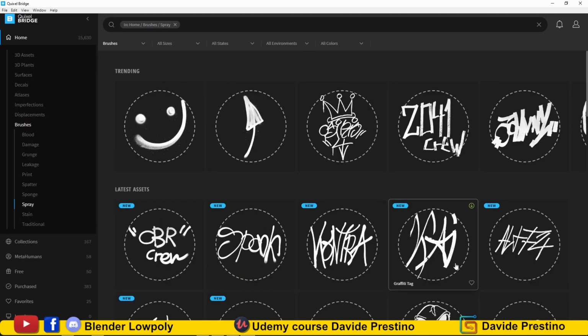From Quixel Bridge I download 2 graffiti stencils, which I will use to draw graffiti on the wagon.